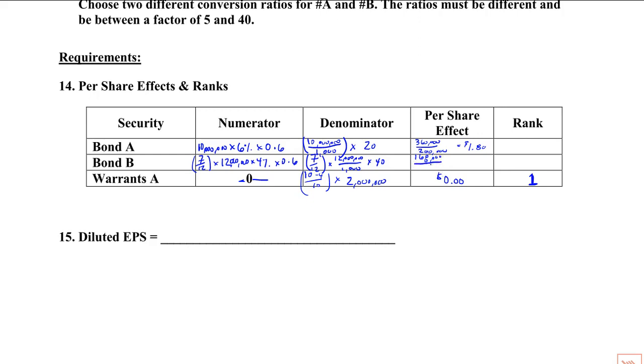All right, the denominator is 12,000 times 40 times 7 divided by 12. 280,000. $168,000 over 280,000. 60 cents. Yep. All right. So this is only 60 cents. This is the second one. So we're ranking from most dilutive to least dilutive, or smallest per share effect,